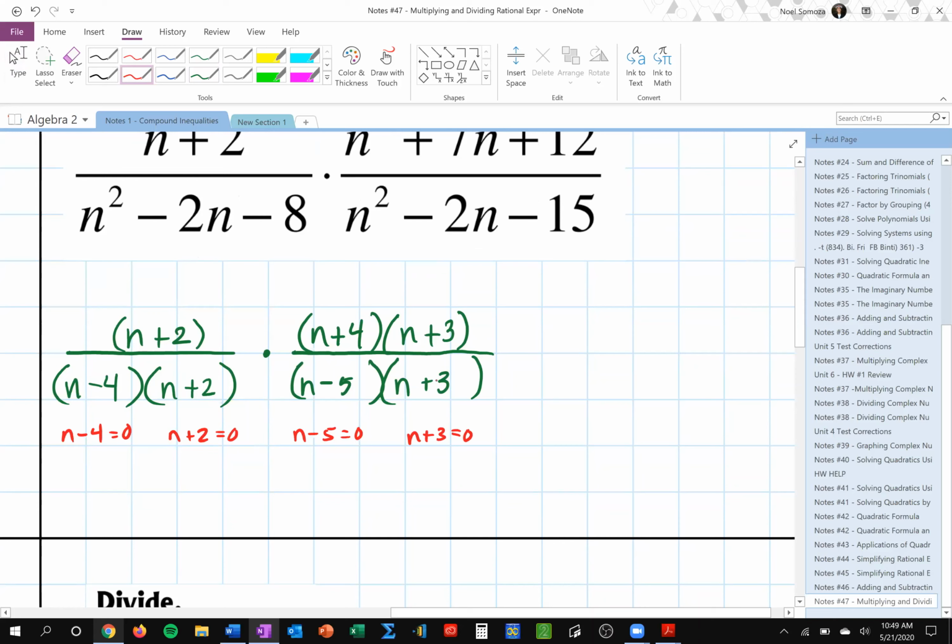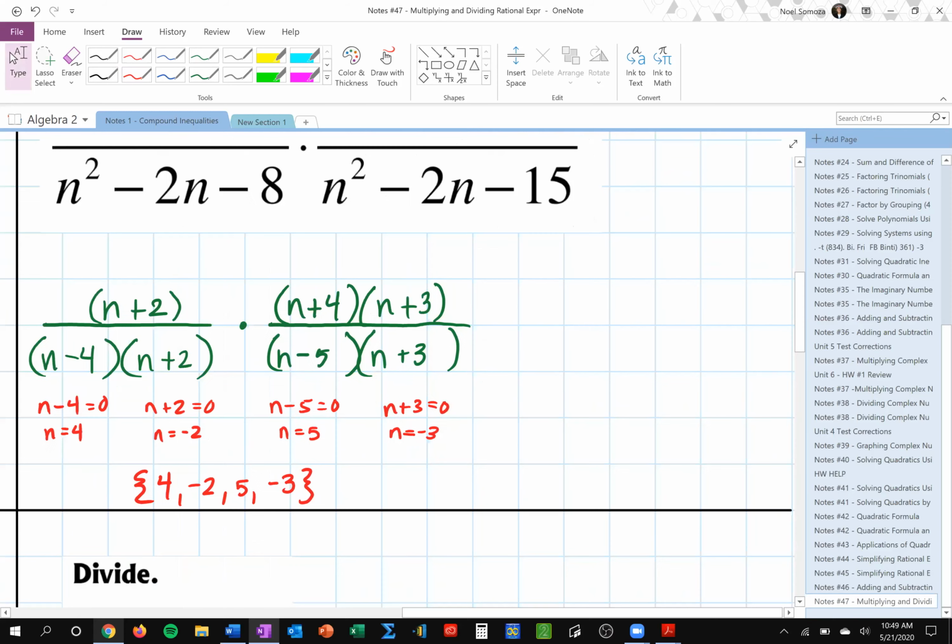Right, so let's just go ahead and solve. We'll find our 4 different excluded values. We know n will be 4. Here, n will be a -2. Here, n will be 5. And here, n will equal a -3. Okay, so for our excluded values, we have 4, -2, 5, and -3. Okay, all right. Now that we've gotten that out of the way, let's go ahead and combine everything in the